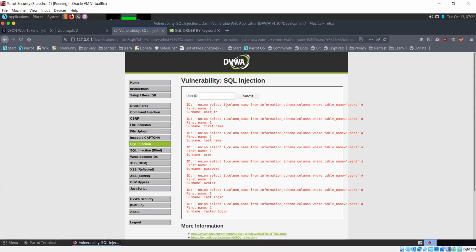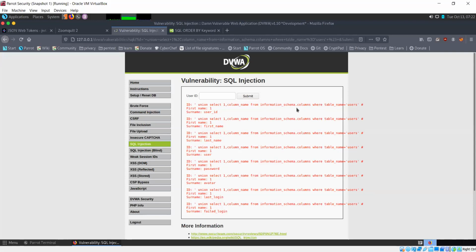Now we need to add this 1 because the number of columns in both select statements for union needs to be the same. So we need to add this extra column. And for column name, we use column_name from information_schema.columns, where table_name is equal to users.